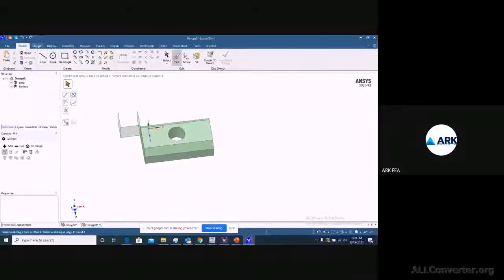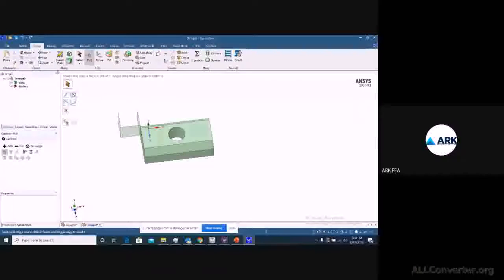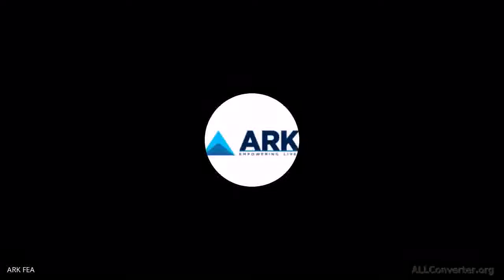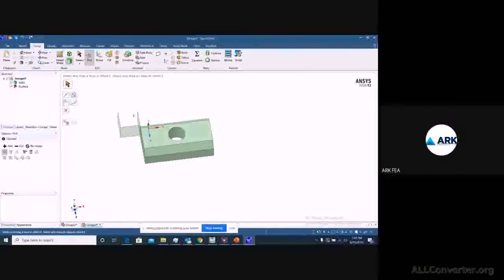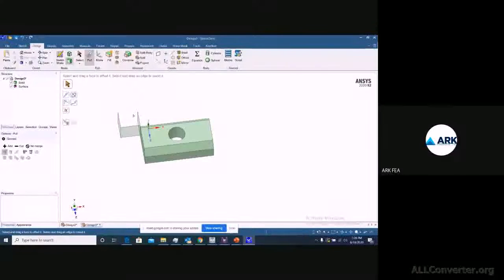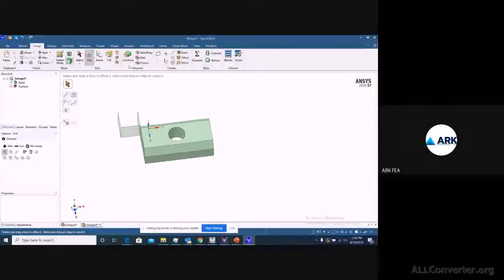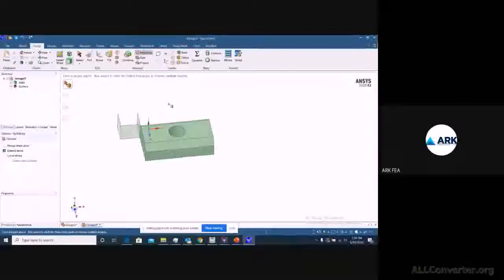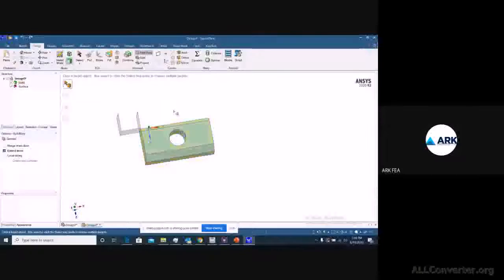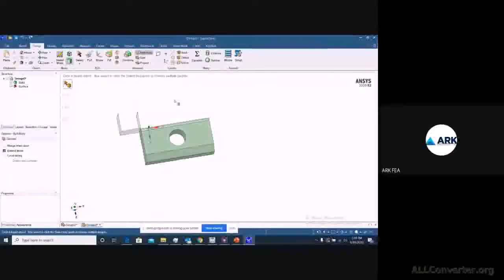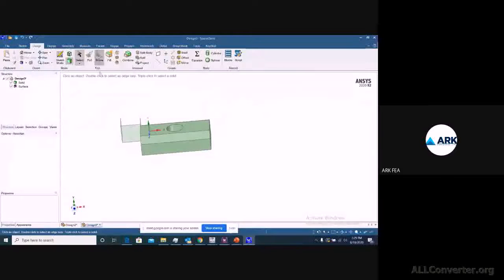So if I have to split this one, we'll get back to design once again. Generally when we are working even on different types of mesh or applying certain boundary conditions, there are certain requirements that you'll have to work on specific component, and for that you need to split your component into two or more parts. So in that case you can go with split body, and to split a body we don't have any reference as of now.